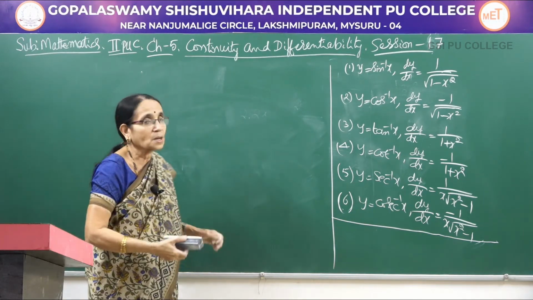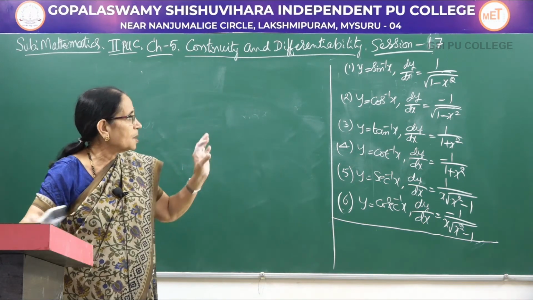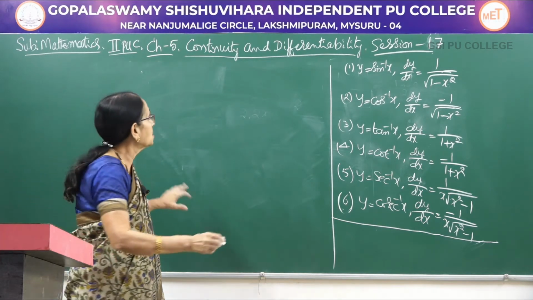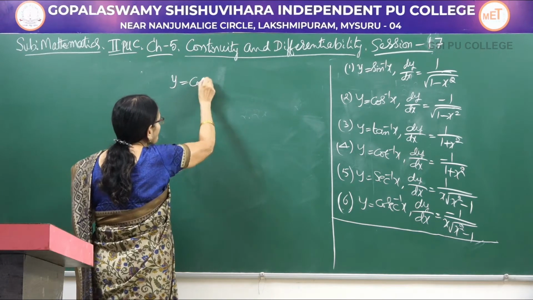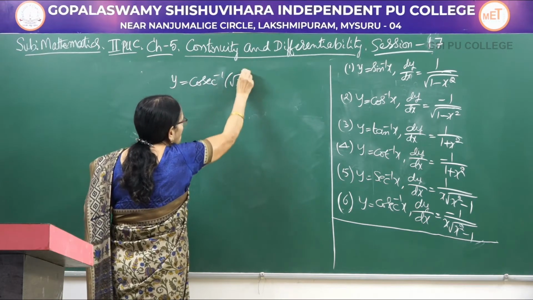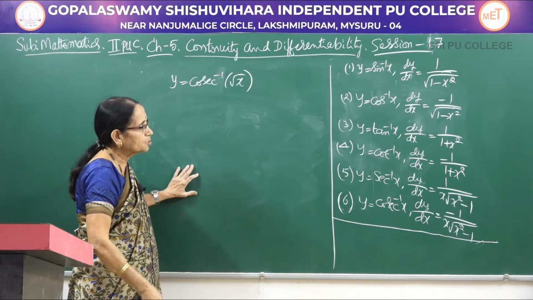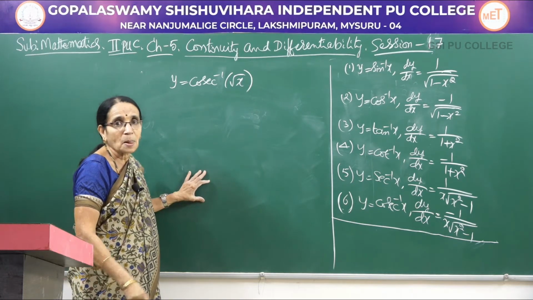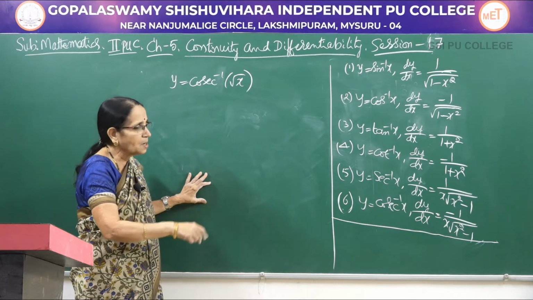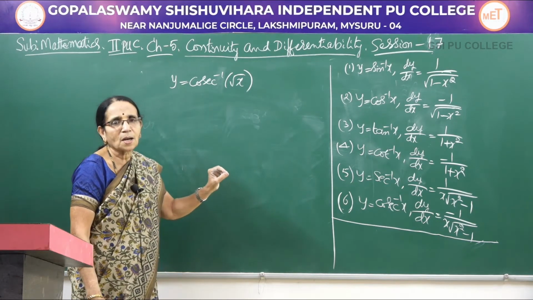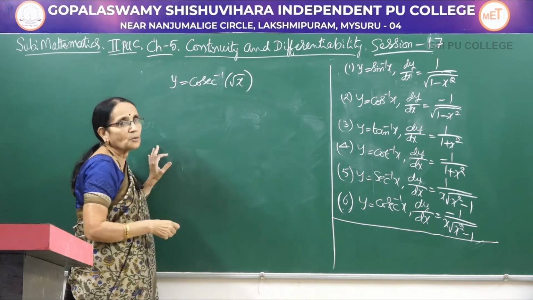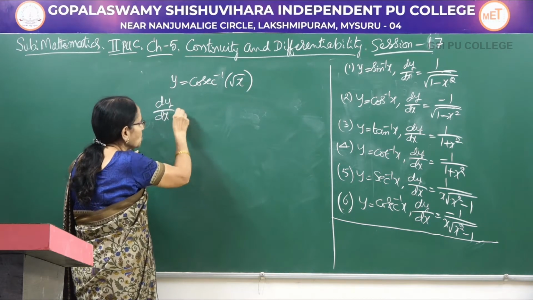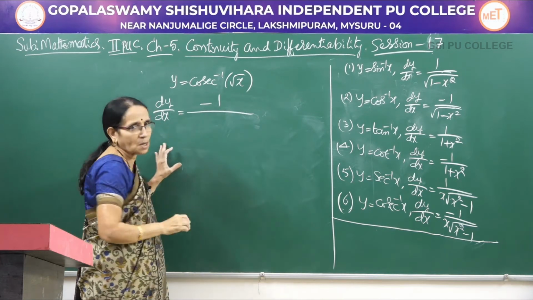That is why I have derived in the same order, so that the two functions will have numerically the same derivative, only the sign would be different. Now, next one, here you have to be careful. Cosecant inverse of root x I am giving. So, the last formula I am referring to, y equal to cosecant inverse x. What is the derivative? Minus 1 divided by x into root of x square minus 1.